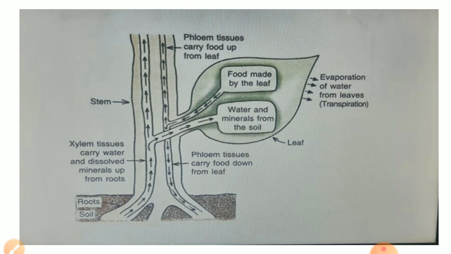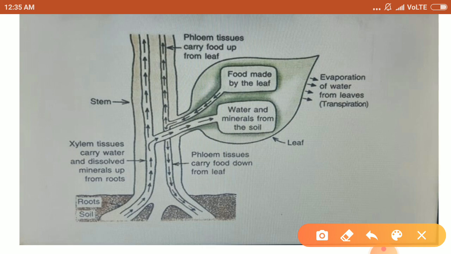So unlike water transport through xylem, the sugar and other metabolites are transported through phloem. The phloem elements remain in close contact with the mesophyll cells of the leaf. Soluble carbohydrates enter the phloem elements from mesophyll cells of the leaf. Here you can see in the leaf, mesophyll cells are found, and phloem elements are in close contact of these mesophyll cells. So once the food molecules enter into the phloem, they are transported upward, downward, and lateral directions, because each and every part is in need of food.